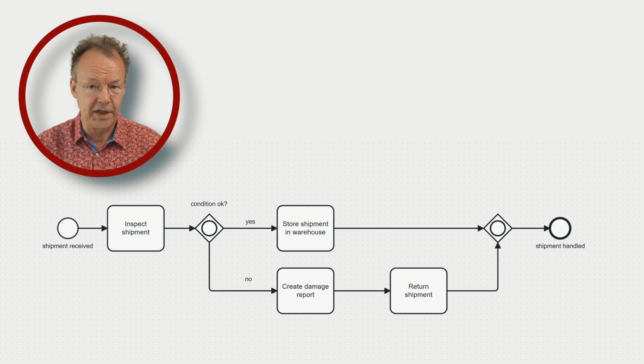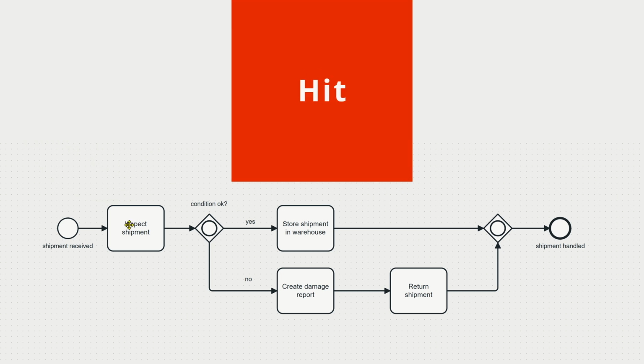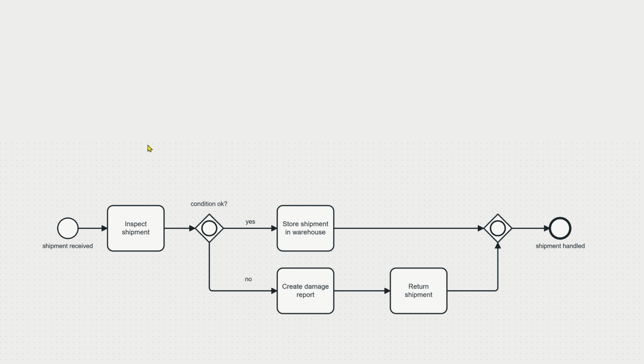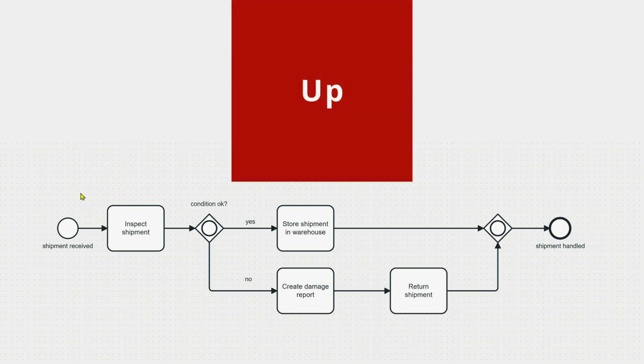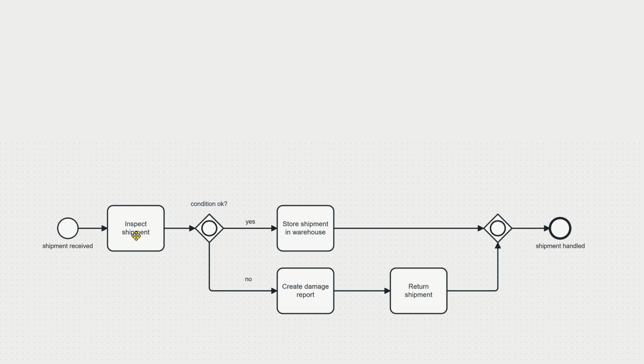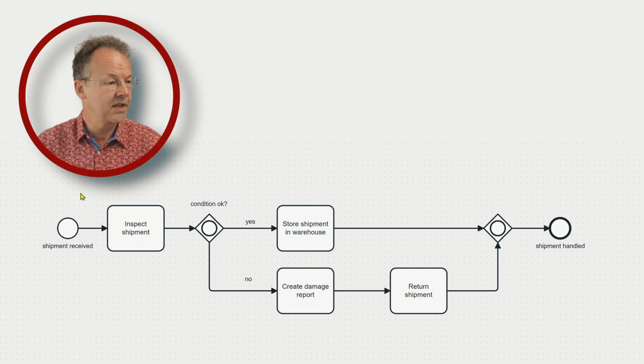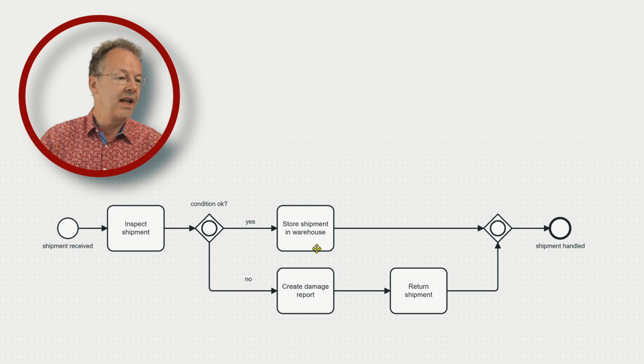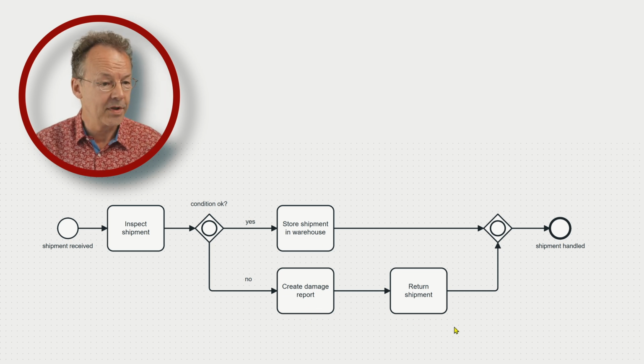So this is the first model. You can now hit the pause button. Here we have a simple business process. A shipment is received and then the shipment is inspected, and depending on the condition of the shipment, if it's okay, we go to store the shipment in the warehouse, and otherwise we create a damage report and return the